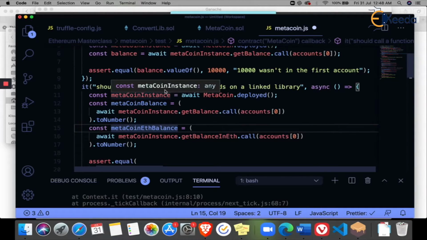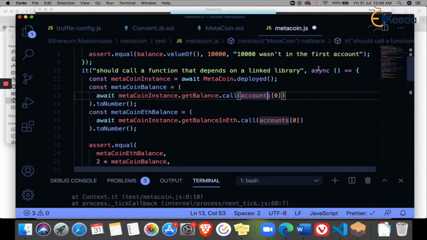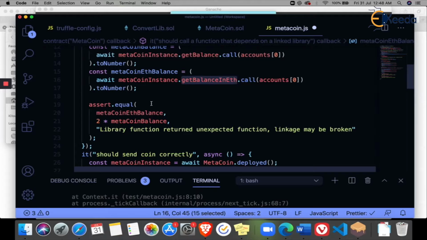Next comes our test that should call a function that depends on a linked library, right? So these are all async and await, because you know that a blockchain will take time to do a transaction, correct? So here I'll do MetaCoin.deployed, similar to the way we did earlier. Then you will say metaCoinInstance.getBalance.call of the first account, correct? And then in Ethereum balance, getBalanceInEth, that calls the library and everything, right? So if you give, let's say, the first account, and the first account has 10,000 tokens balance,